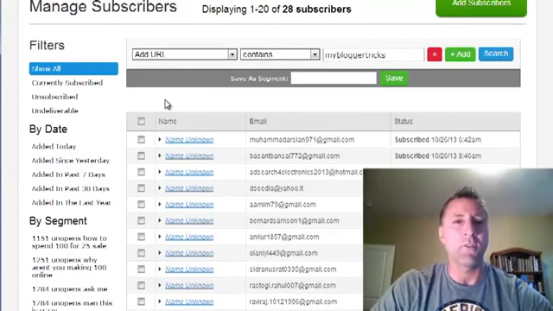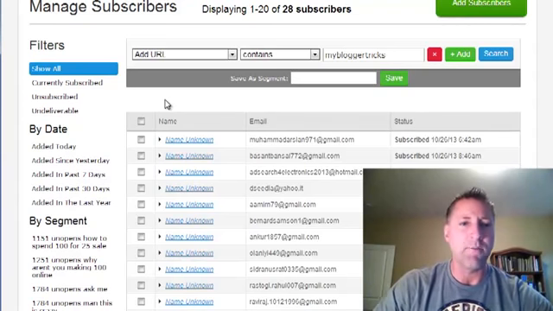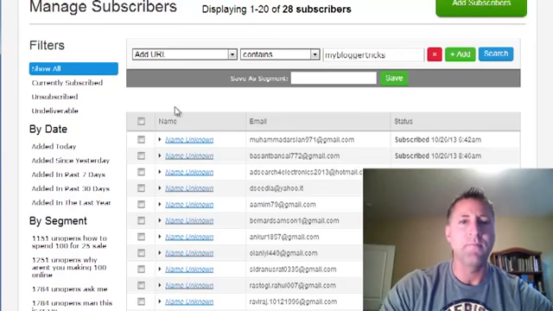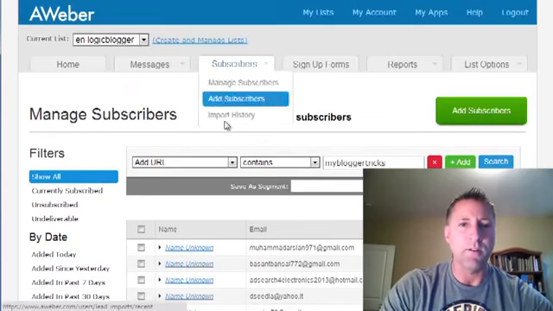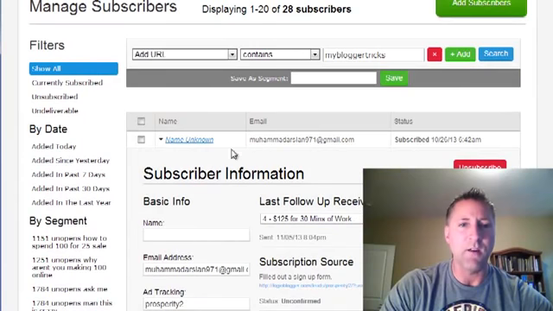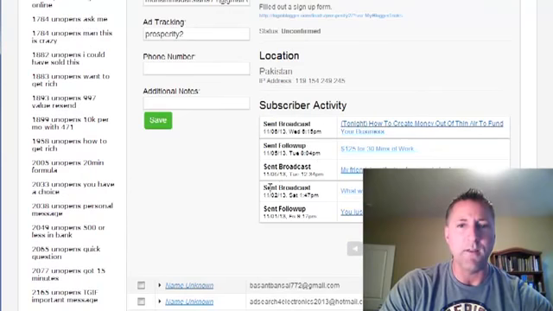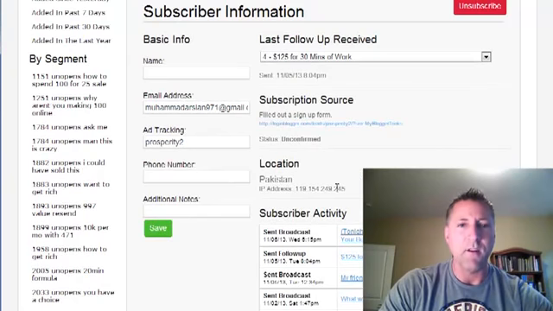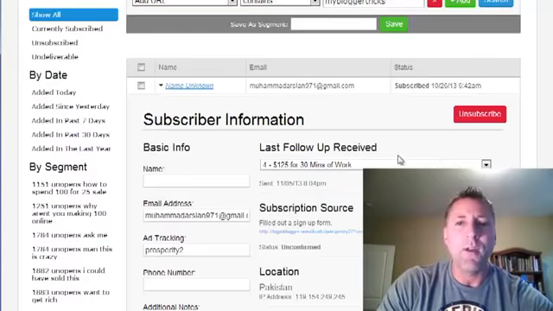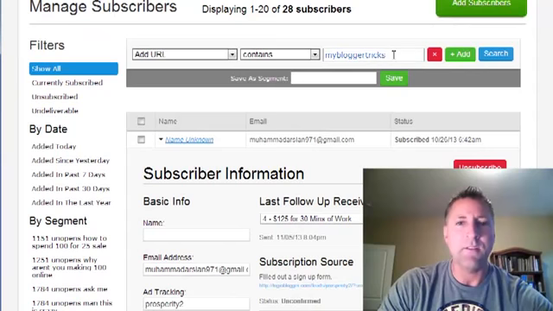And by the way, with Aweber, you might not know that you could do this. With every autoresponder service, you should have the ability to go in and view the demographic information for each of your leads. So for Aweber, you just go into the subscribers area and click on what's in the name field, whether there's a name or not, and it opens all this information. So you can see what emails they've received, whether they've clicked on stuff, and also where they came from. And being able to break it down by campaign is simply a matter of entering some sort of keyword in your tracking URL.